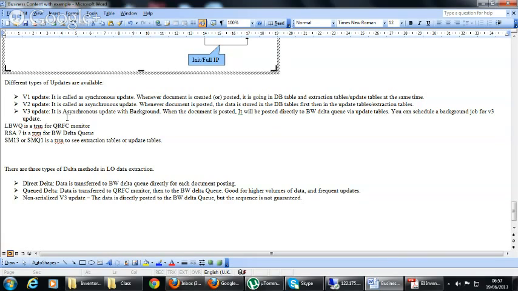V2 update is an asynchronous update. Whenever you post a document, the data is stored in the database table first, then it will be updated to the update tables or extraction tables. So this is called asynchronous update, and that is V2 update. V3 is an asynchronous update with background. It means we can schedule a background job